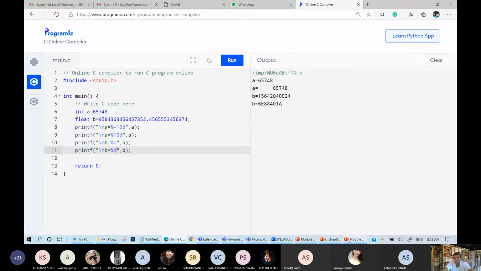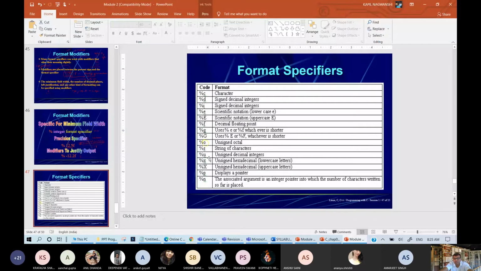So these are the format specifiers. Different format specifiers are there, so you can place according to your need. Okay. So these are the format specifiers. Some of them are